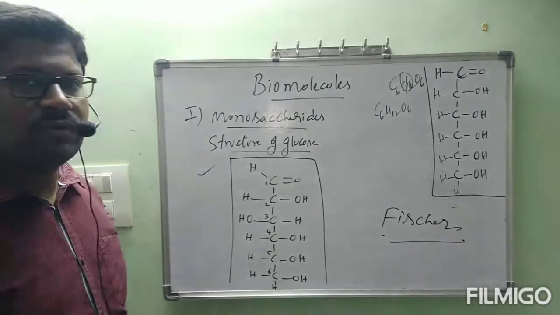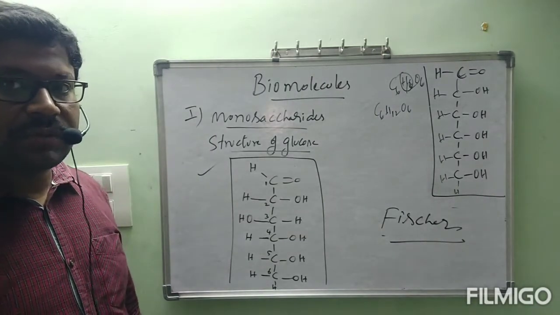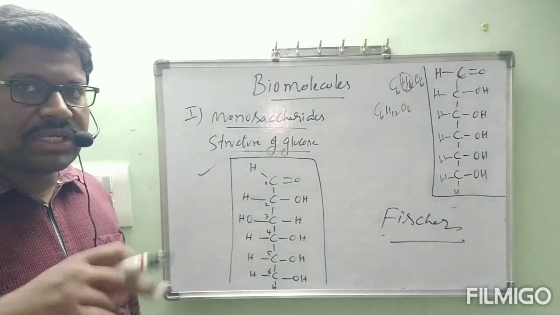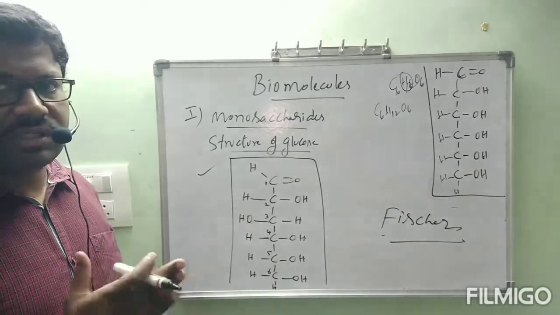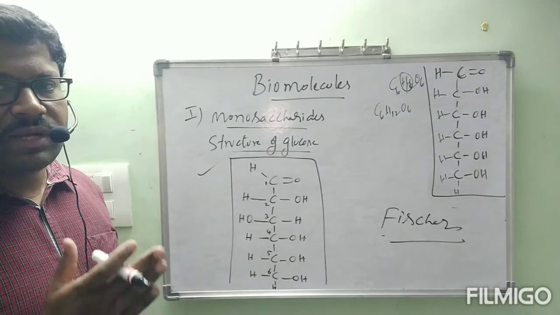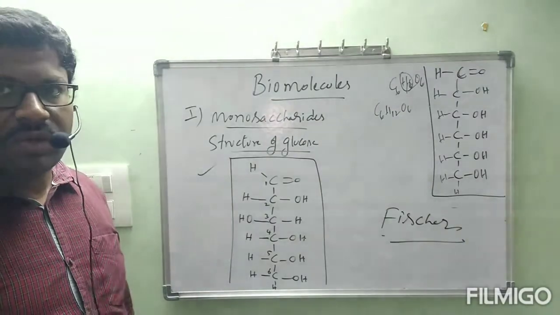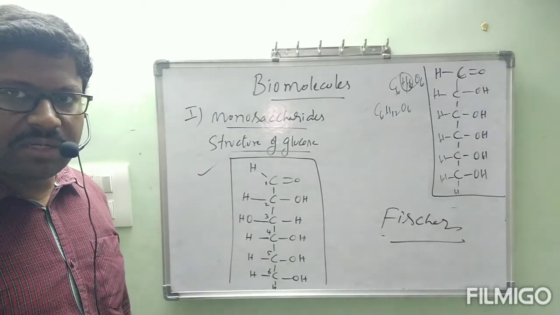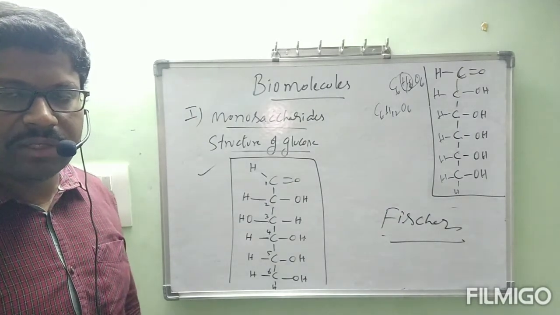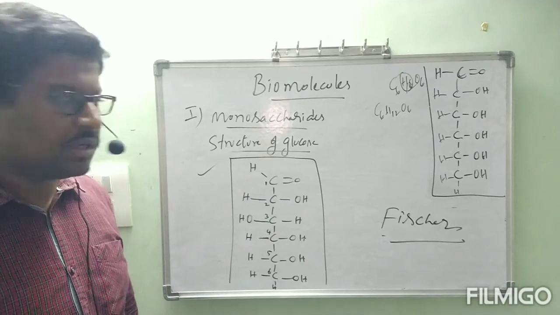This is about the structure of glucose. Not only is it completed, some more is there. Even the closed-ring structure of glucose is also there. So much data is further there. Till now, in the structure of glucose we have completed only 40%. We will continue the topic. Till now, what concept is completed? I hope you understood, everyone. Is it clear, ma? Now, let us see.